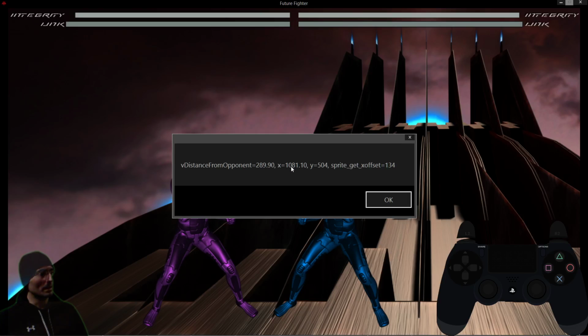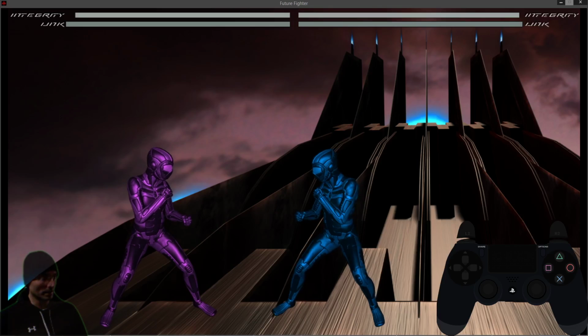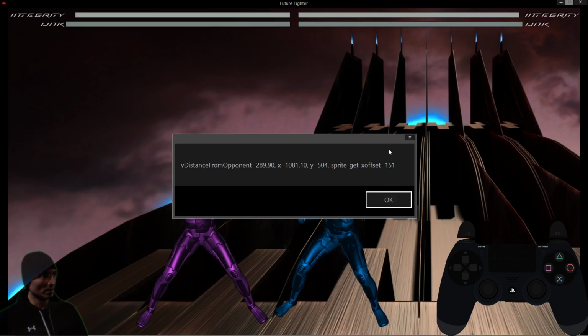So that means his X value is 289.90 plus this number. That's where his X value is. Now, let me just see. I have to do this kind of quick. So there's the X offset 151. Okay. Now, knowing that,